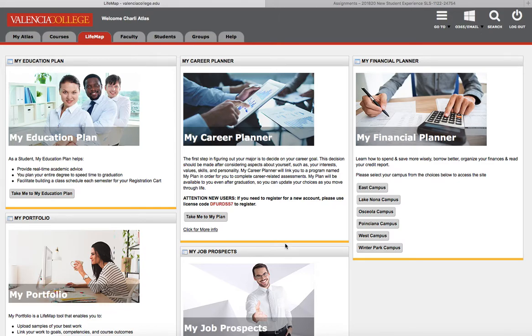Now, it's important that you folks look into this account first because you will be taking an assessment similar to StrengthsQuest, but it won't be as long, and of course you do not have to pay for it. Now, if you notice down here it says Attention New Users, if you need to register for a new account, please use the license code right here